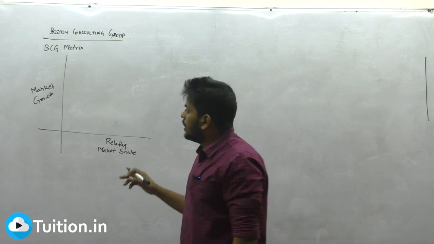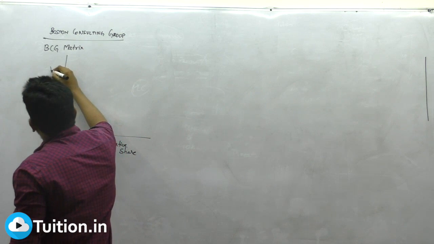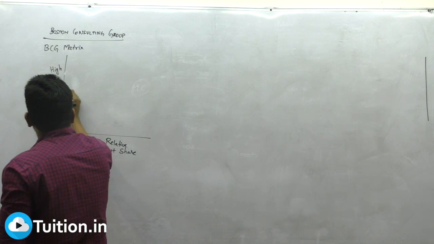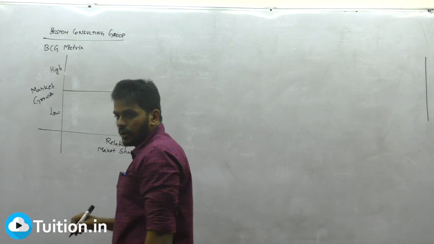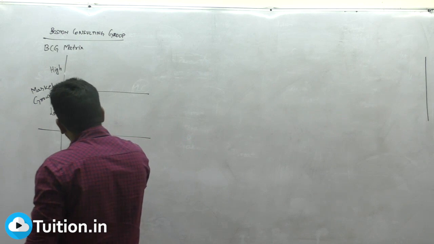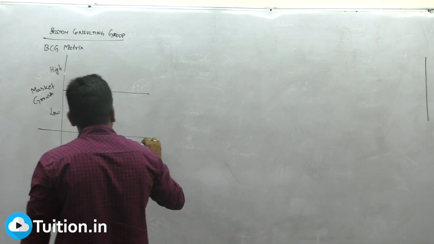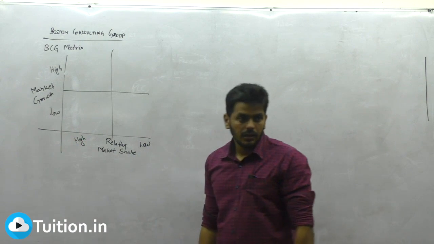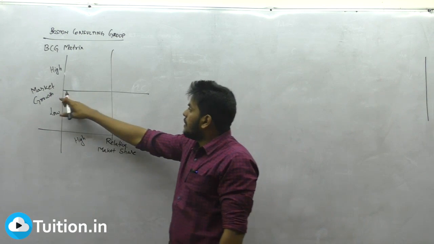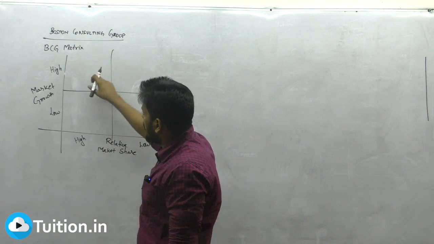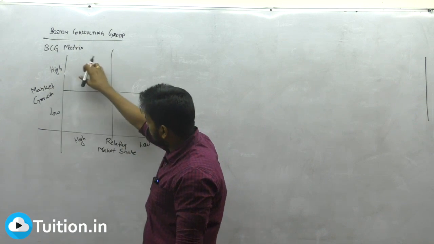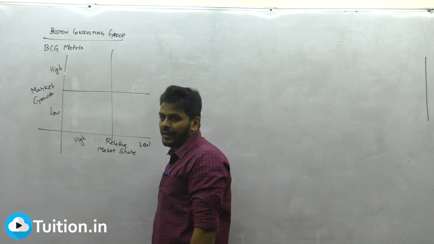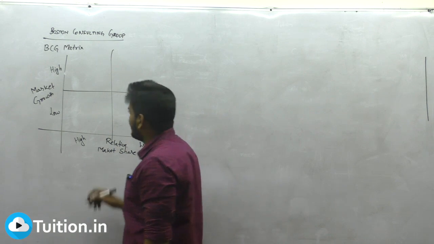Considering that factor, if we are categorizing, if market growth rate is high, if market growth rate is low, which means you've broken market growth rate into two situations. If our market share is high and if our market share is low, how do you categorize? This is also broken down into two. Now when the market growth rate is high and your relative market share is also high, which is this box, a high to high situation, that product is classified as per the BCG matrix as a star.